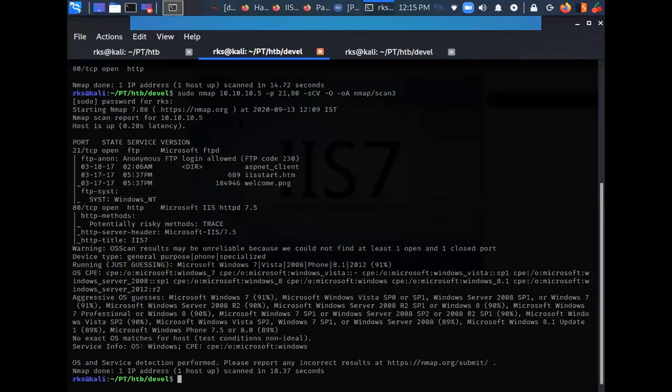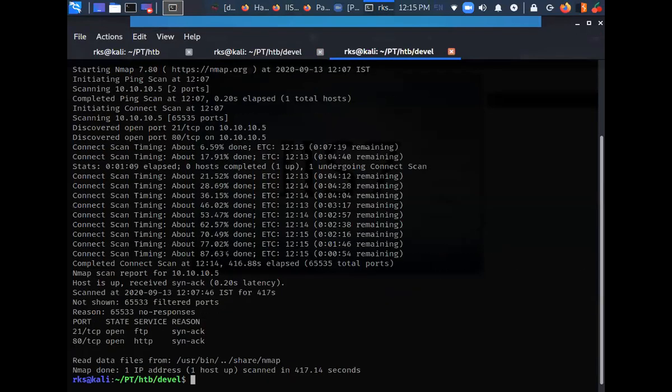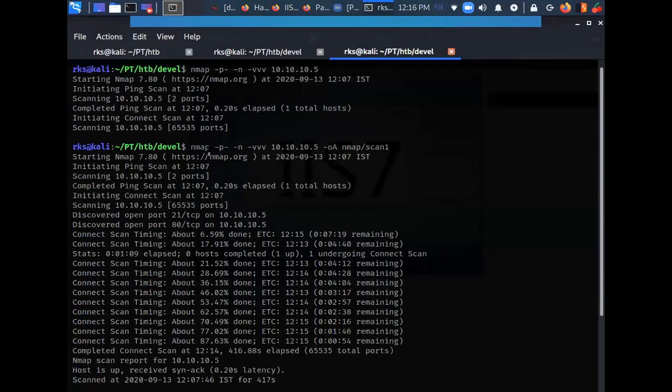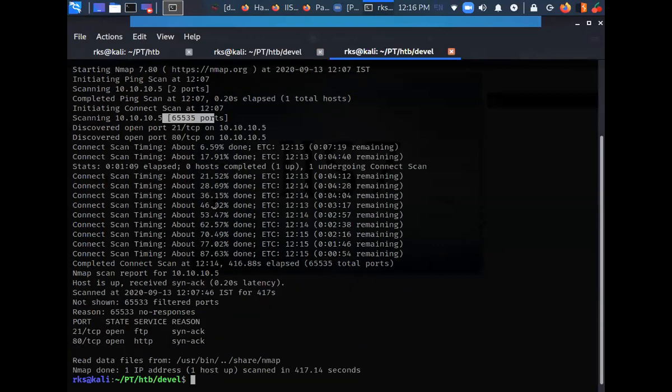But just for a second, let's get back to our Nmap results and look into the output. So all the 65,000 ports were scanned, but only 2 ports were open. Okay. So I can just do cat nmap scan 2 dot nmap.